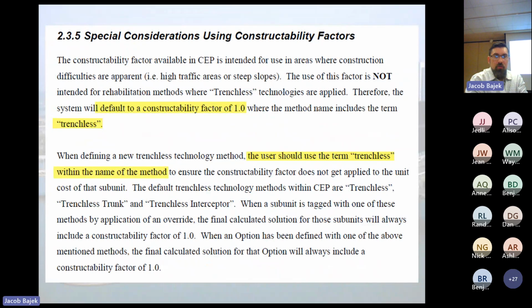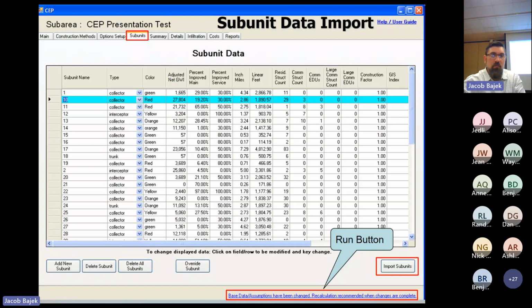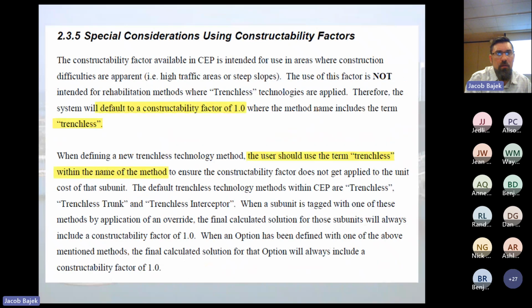Jumping down, I'm going to go through some specific discussion on the subunit data, the percent improved, the structure counts versus EDU counts, and what do they mean? Construction factor, things like that, and how does each one of these affect the results? So for constructability factors, this was input into the program for, kind of